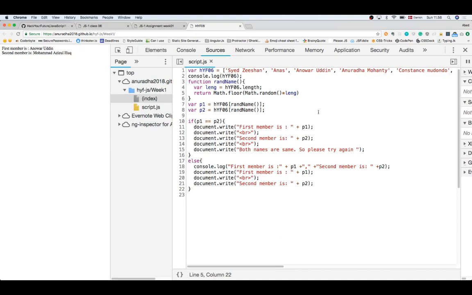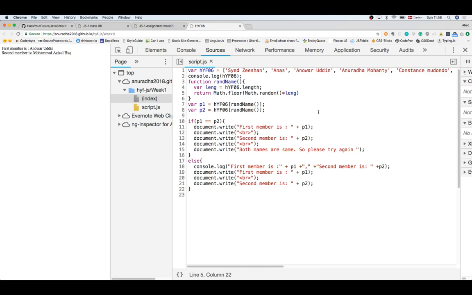First is the length, what will be the length of the array, and second is a complex function which will have math.floor, which will take the lower limit, and math.random, that I got from JavaScript W3Schools. Then that will generate the random names, which will be multiplied with the length.